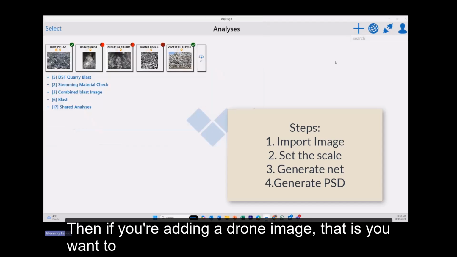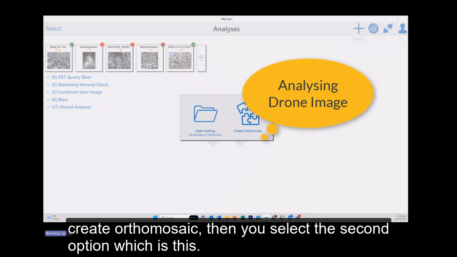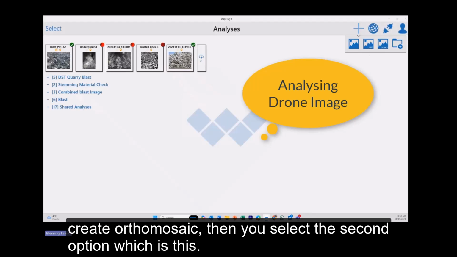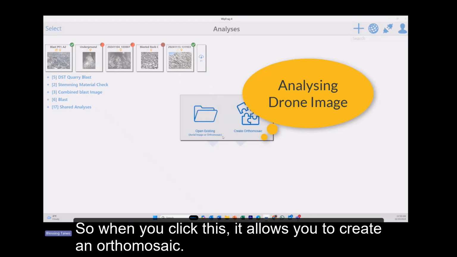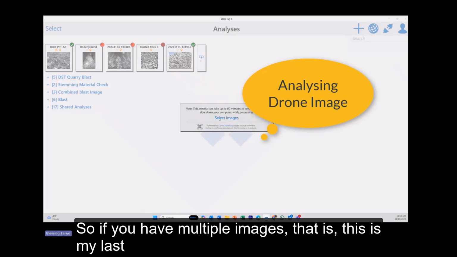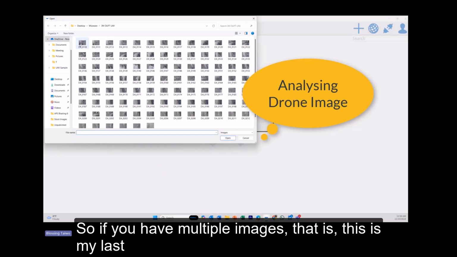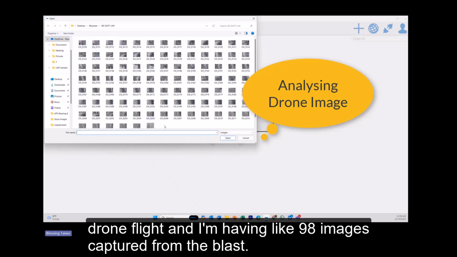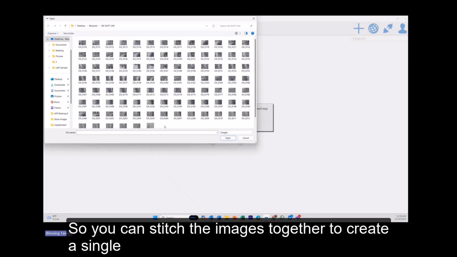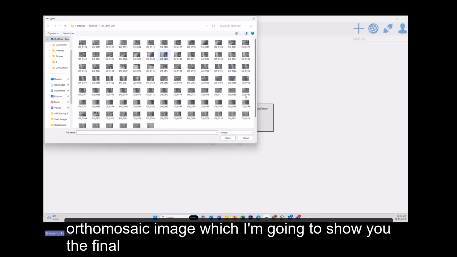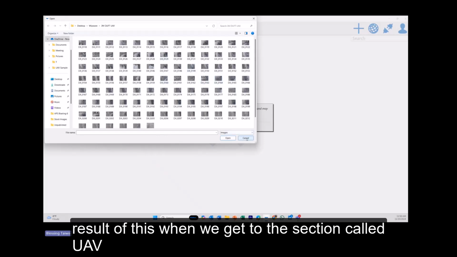If you are adding a drone image, that is, you want to create an auto mosaic, then you select the second option, which is this. When you click this, it allows you to create an auto mosaic. If you have multiple images, like my last drone flight with about 98 images captured from the blast, you can stitch the images together to create a single auto mosaic image, which I'm going to show you the final result of when we get to the section